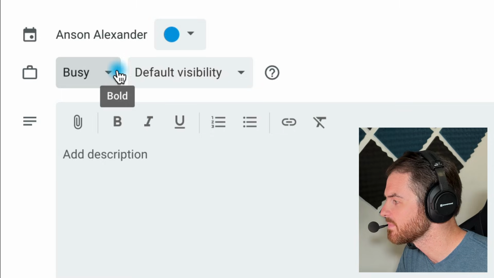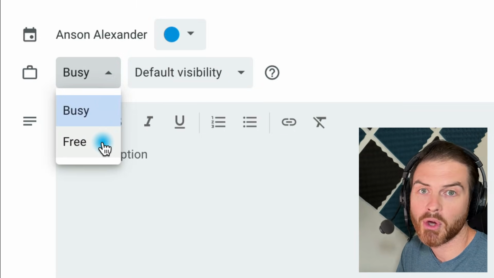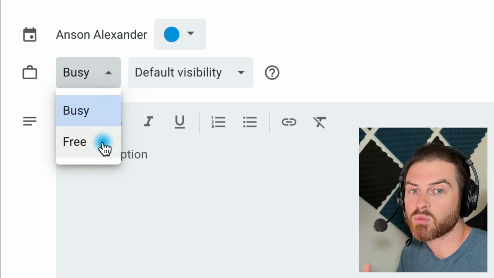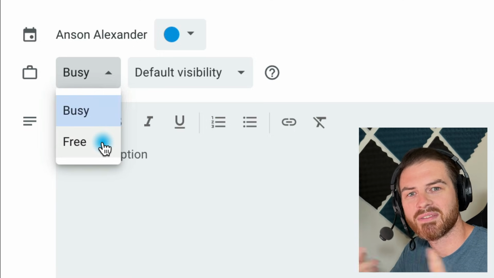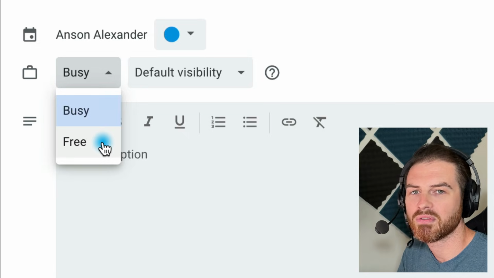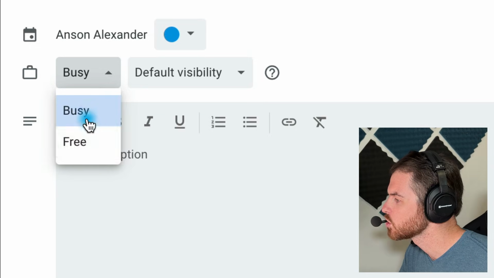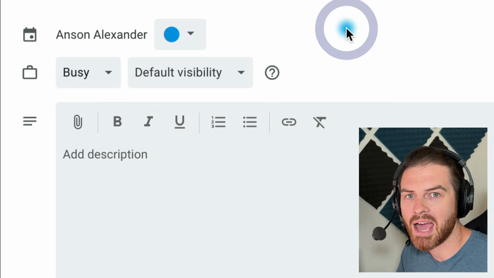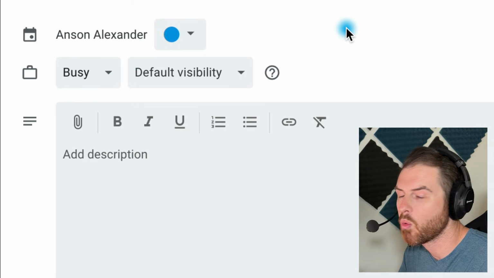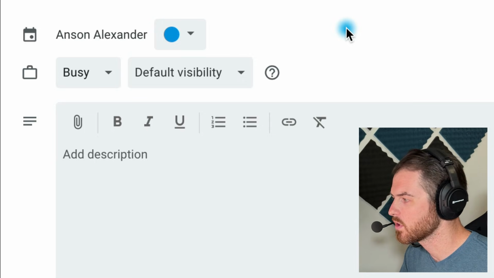so they can try and reschedule the event for another time. If for some reason we want to appear free, we don't want people to know that we're doing something, or maybe it's one of those all-day events where you still want to be invited to meetings, you want to mark this as free so that when people invite you to an event, it's not telling them, hey, they can't attend, they're busy. You want to let them invite you. So we'll leave this as busy because this is a half an hour in-person meeting and we don't want other people to schedule things for us over it. But do be aware that that's what that first option is.